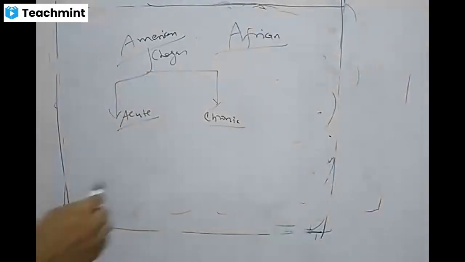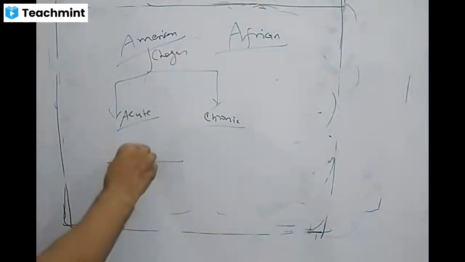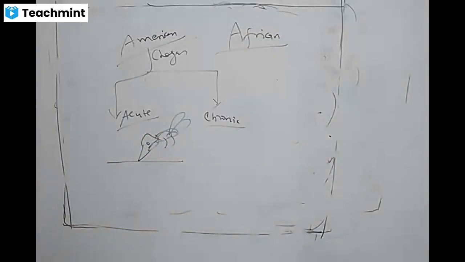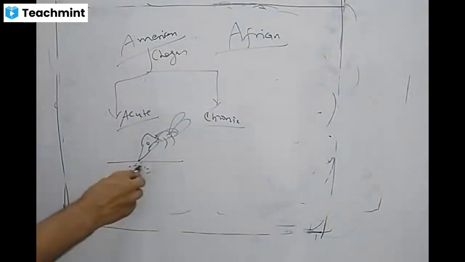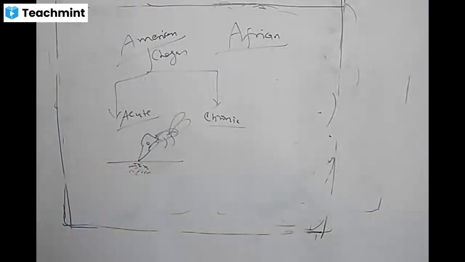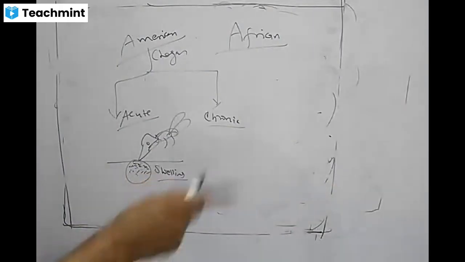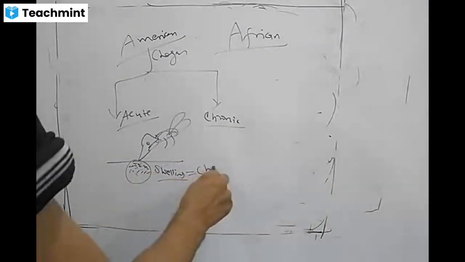In case of acute, suppose this is the skin and this is your fly, that is your tabanus. At the site of inoculation, this site, there will be some swelling, and that swelling is known as